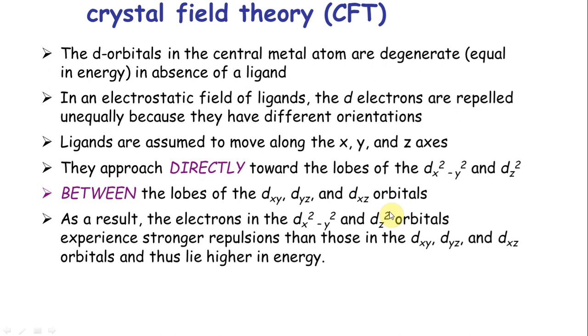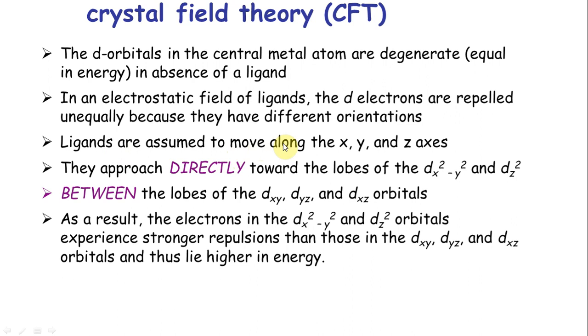When an electrostatic field of ligand comes towards the central metal atom, imagine you are the central atom and you have 5 fingers. They are the same. The ligand comes close to you and affects certain d orbitals more than others. Some of them are repelled more than the others. All of them are going to be repelled, some just more than the others.